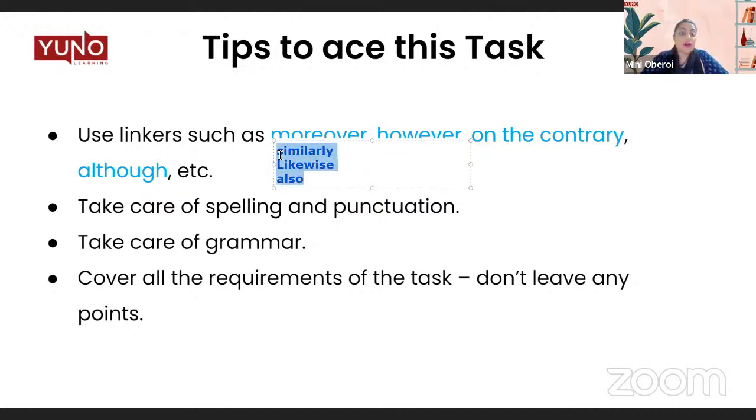And we can say furthermore. Let me reduce the size. So we can say also, we can say furthermore, additionally,